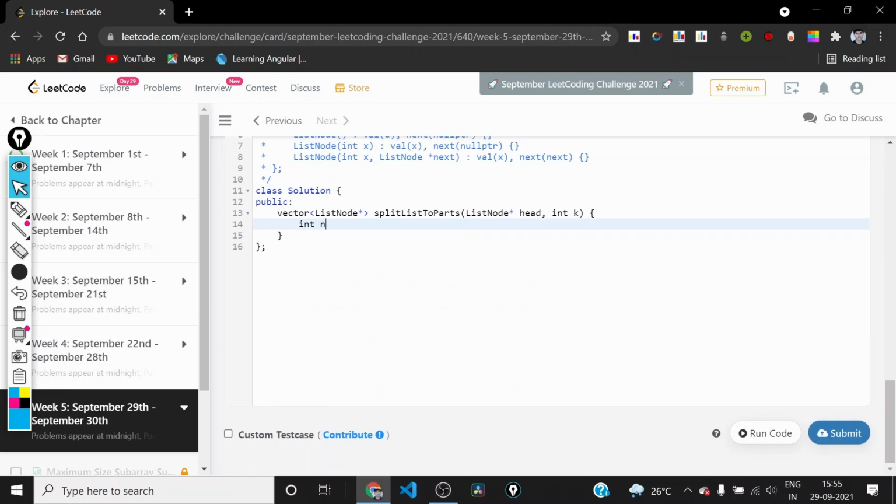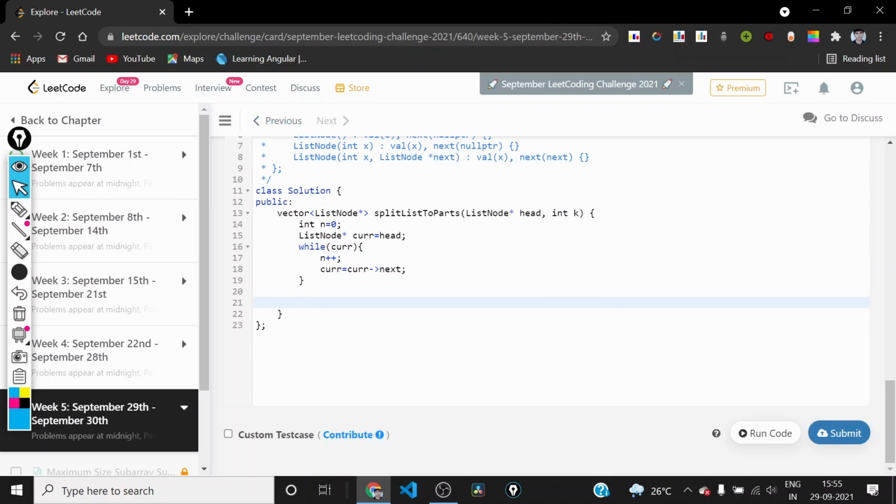I will use n equals 0 in the start, and I will have ListNode star current equals head. And then while current is not equal to null, I can do n plus plus, and also current equals current arrow next.